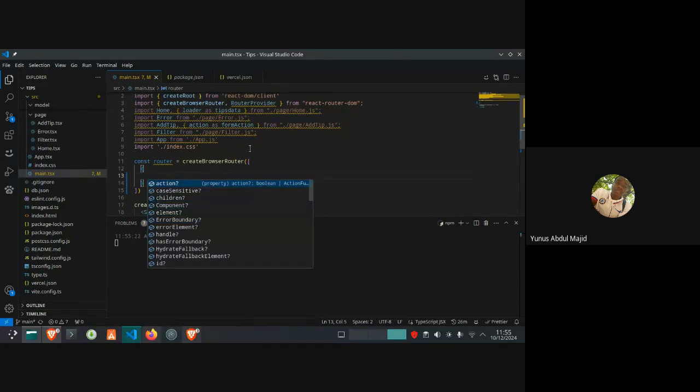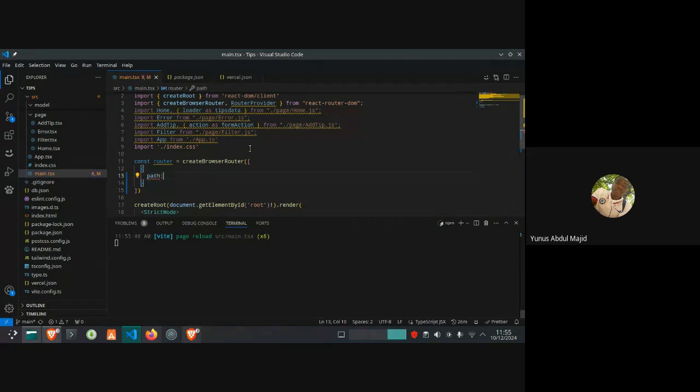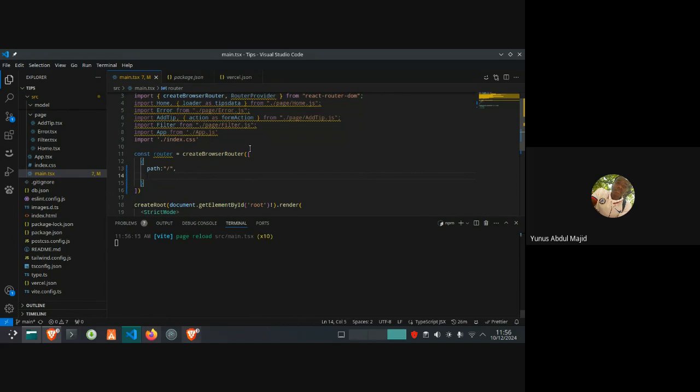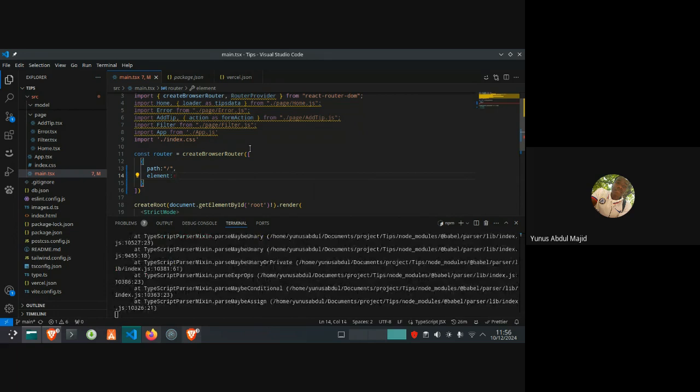So what we need to add first is path. Path is the name of the route that this particular object you are creating should handle, which of the routes it should be on. Currently the first thing is that we want to work on the home page, and it should be just this slash. Then element. Element is the component that you want it to render, which is App.